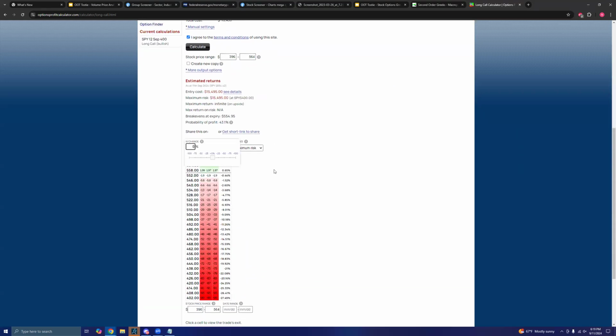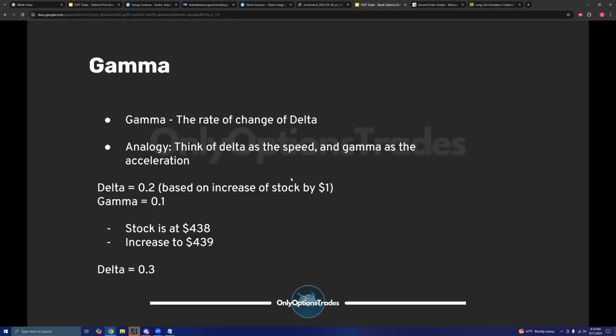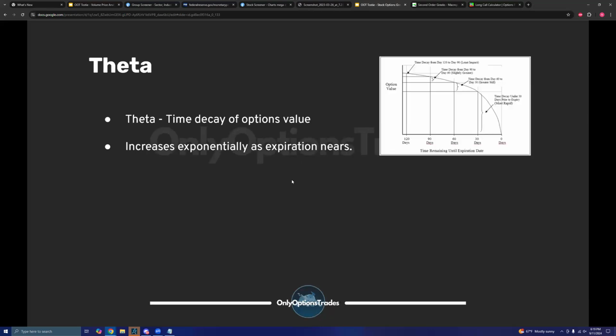And it'll give us the change. We can change the profit and loss, or we can change the value of the contract. So we can see the price of the contract based on price. For example, if the price pretty much stays at 558 until expiration, this contract will pretty much not change at all. If price drops on SPY, we'll see the price of that contract drop off as well. Anyway, fun little tool there if you're ever interested in using that.